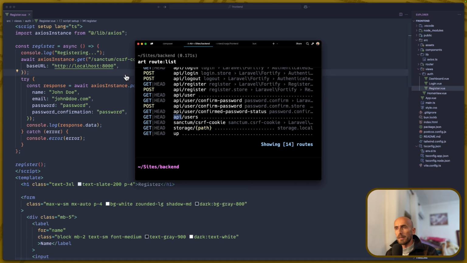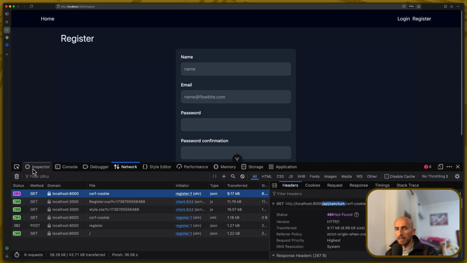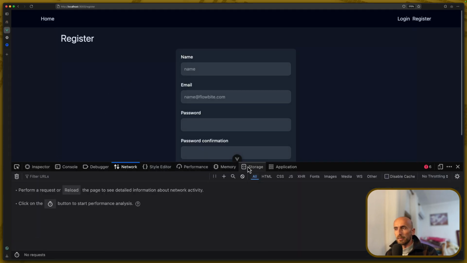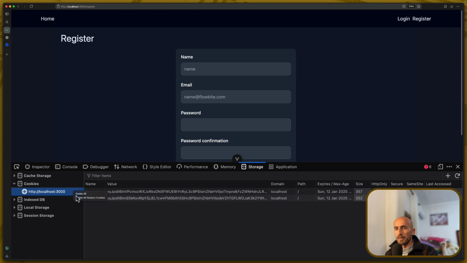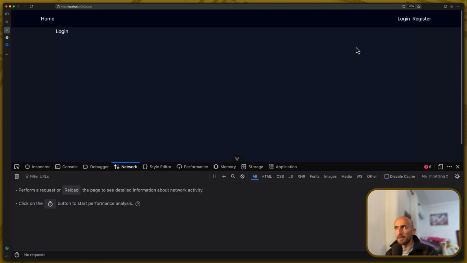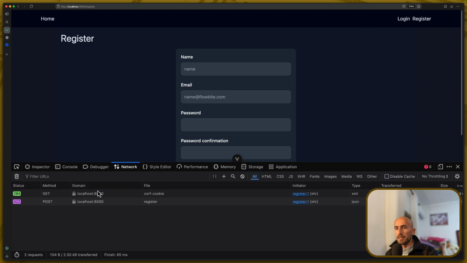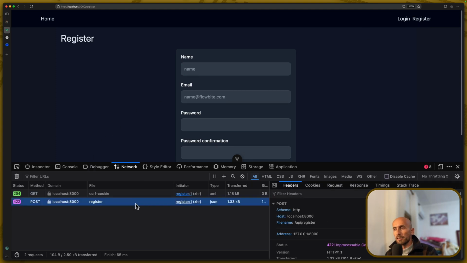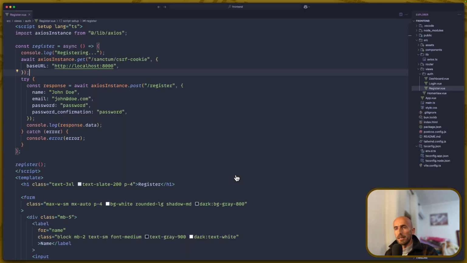And now let me just come here again, clean everything. Let's go to storage, delete, go to login, and if I click on the register, now for the CSRF cookie we are okay, but we have here the response, the email has already been taken, which is okay. Now